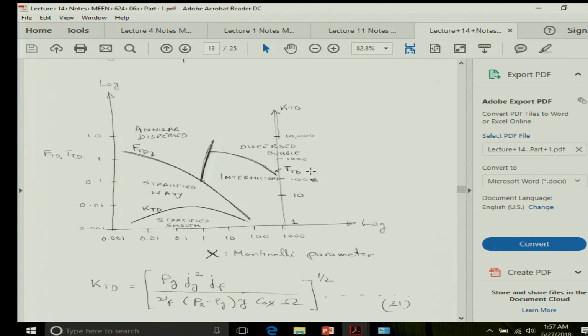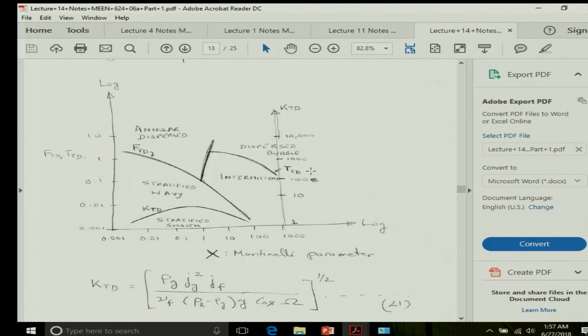Okay. So if it involves some kind of phase change, then you have to calculate all these three parameters, and then based on the value of all those three parameters you figure out where you are on the graph, and that's how you predict whether you have bubbly flow or annular flow and so on for a given